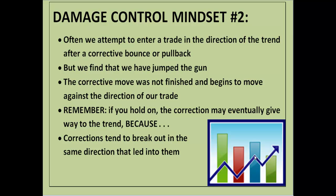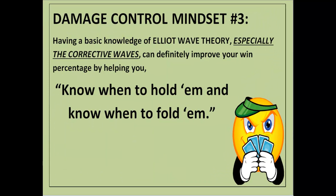The market moves a little bit in our favor, and then all of a sudden it starts to sell off. Now, if we are able to recognize that this is in fact a bullish impulse pattern and that we have inadvertently stumbled into a corrective wave within that pattern, we might have the wherewithal to hang on to the trade until the market turns around and makes our trade profitable. But that, of course, implies that we know how to recognize the corrective wave in the first instance. So having a basic knowledge of Elliott wave theory, especially the corrective waves, can definitely improve your win percentage by